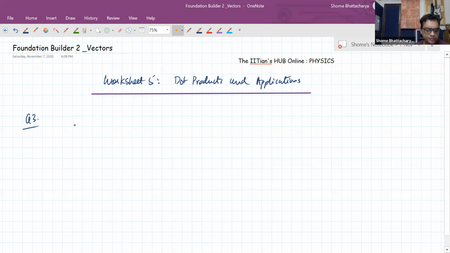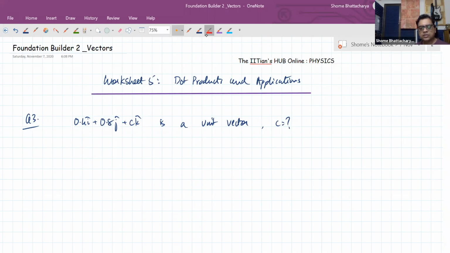So it says that the vector 0.4 i cap plus 0.8 j cap plus c k cap is a unit vector. Then find the value of c. So this is a very easy question. So the solution of this is, if this is a unit vector,